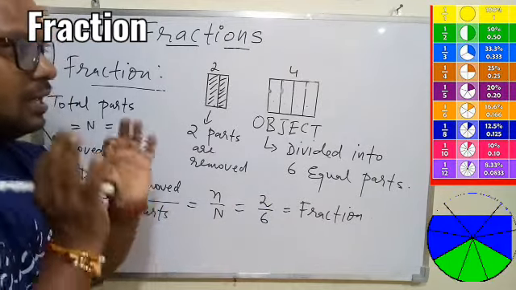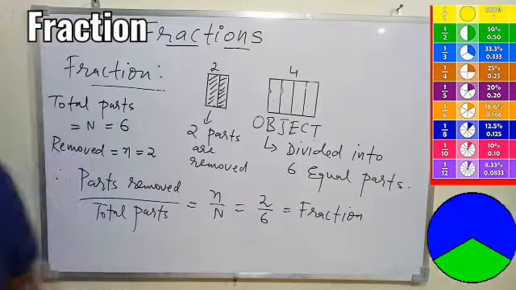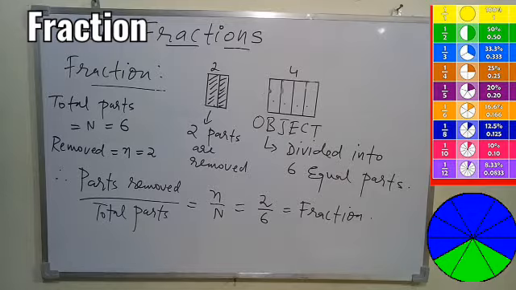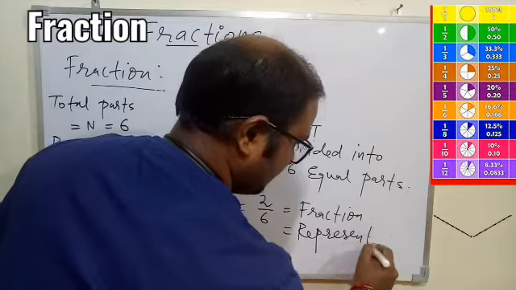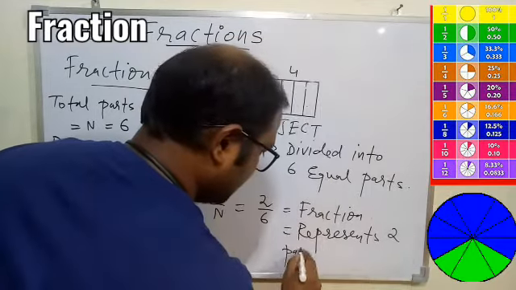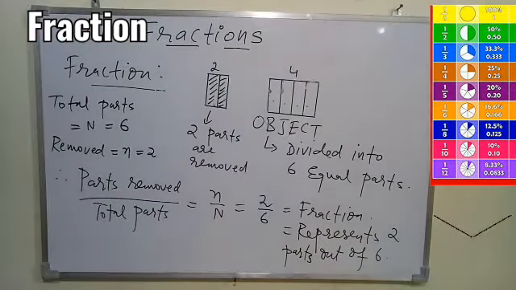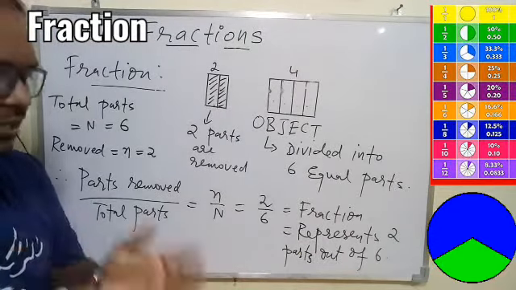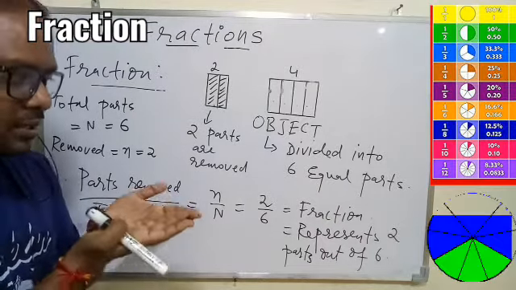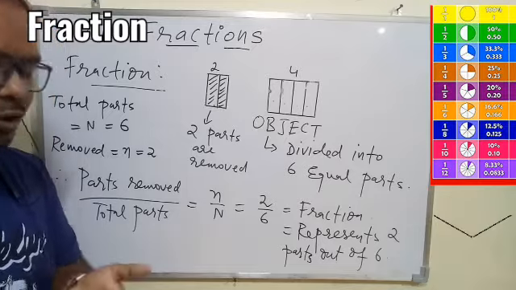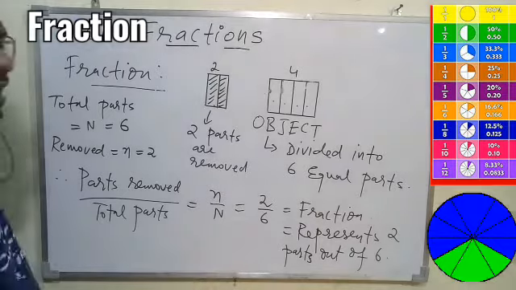And this fraction is simply representing that 2 are removed from how many parts? 6. So this is one thing. So we can say finally this is nothing but represents 2 parts out of 6. So we are getting one number, that is 2 upon 6 is a number, and that number is also called a fraction, and that is showing you nothing but the number of parts removed from a given number of total parts. This is one example to understand. So 2 by 6, what we are getting is a fraction.